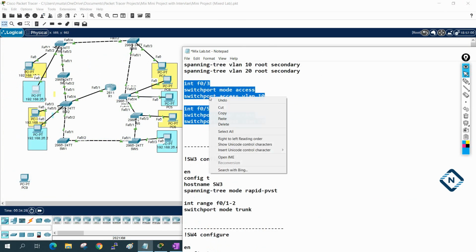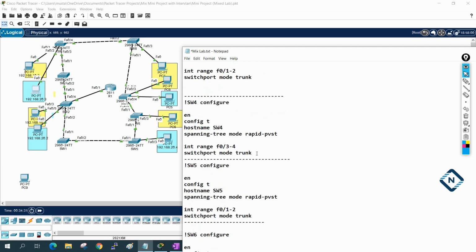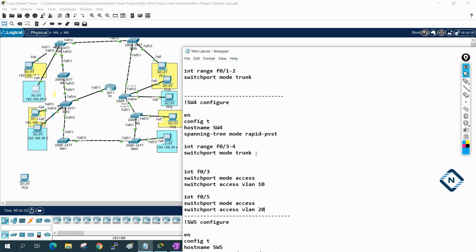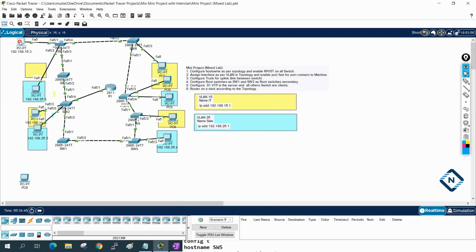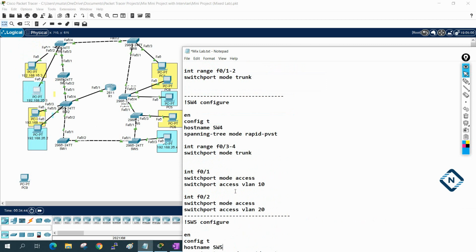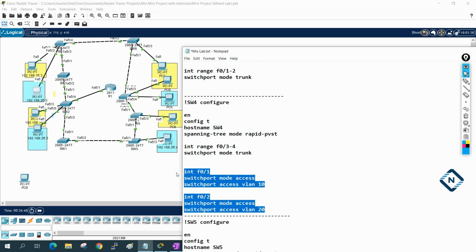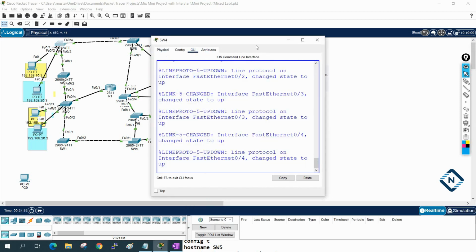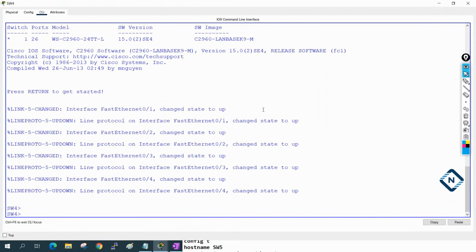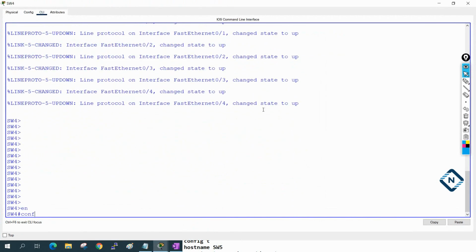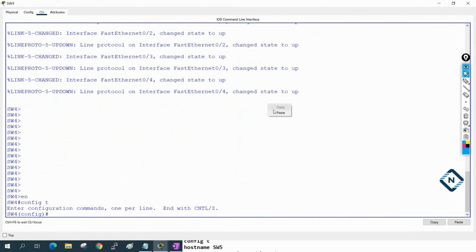Let me copy this whole thing, go to switch 4, and paste here, fast Ethernet 0/1 and fast Ethernet 0/2. Let me go into global configuration mode and paste this one here.